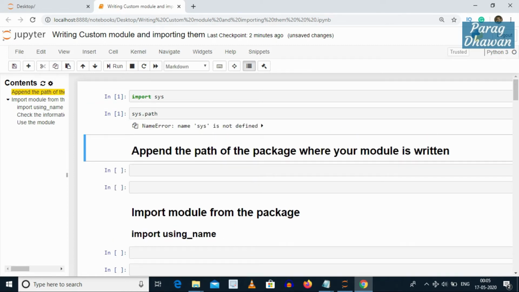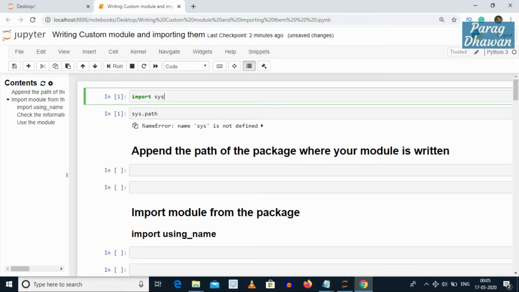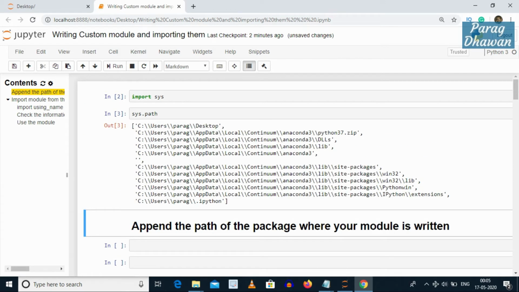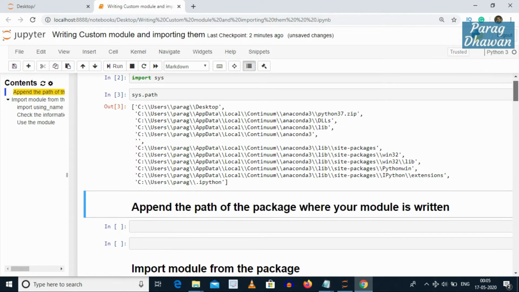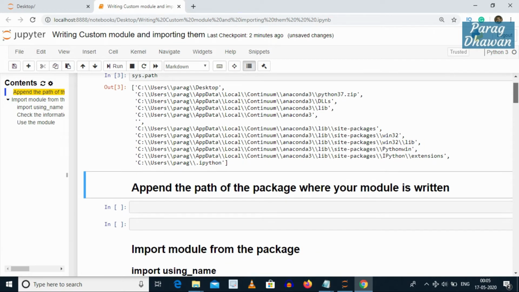It will display all the paths which are available. In this case, the path to our package which we created is not there, therefore we have to append the path of the package which we have created.